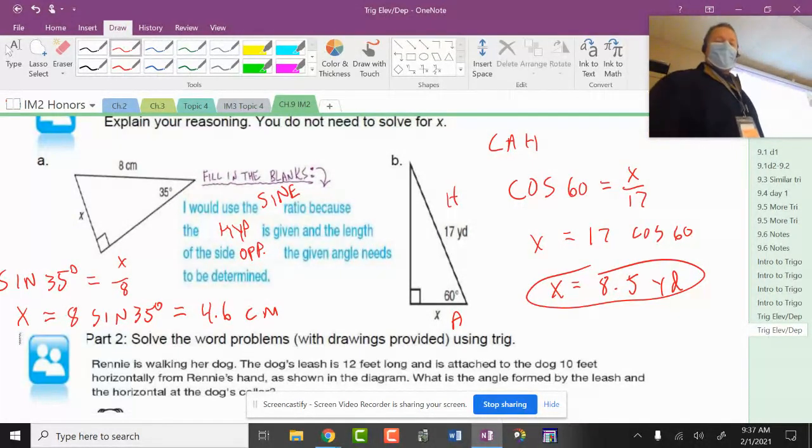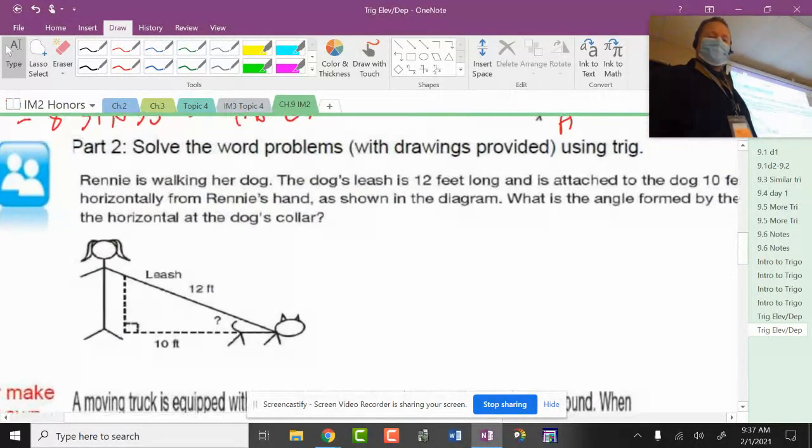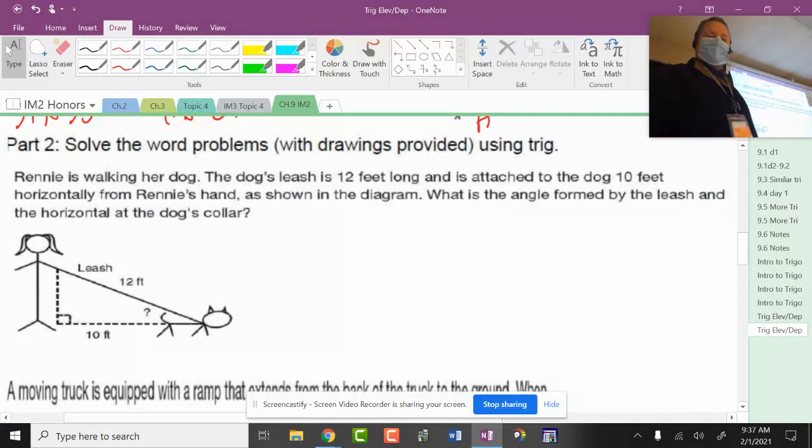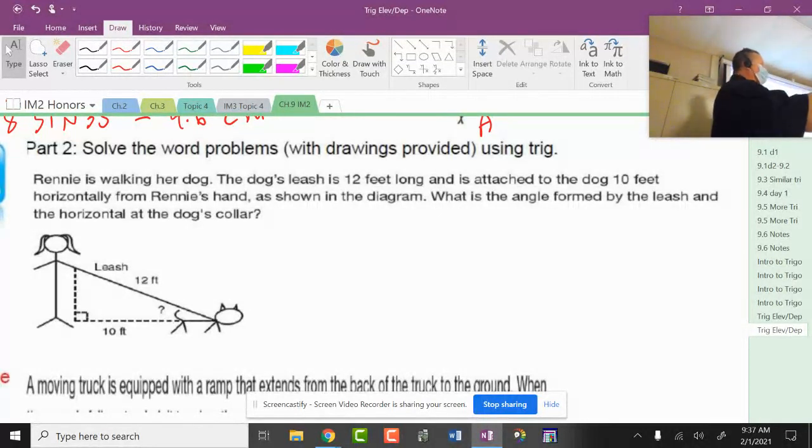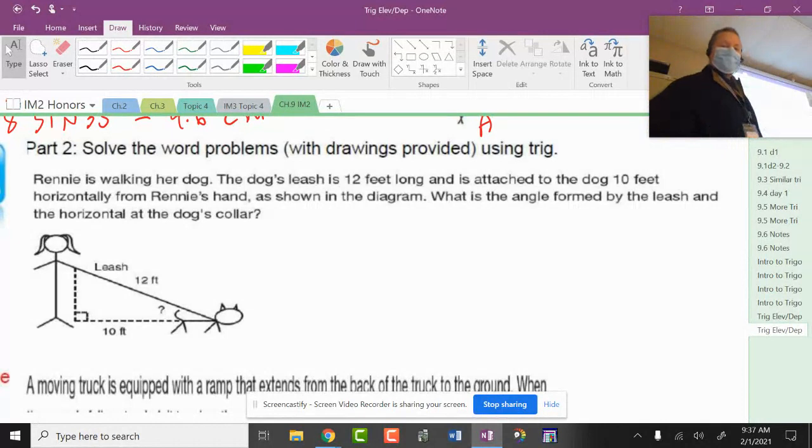All right. Now I'm going to be honest with this one. This one's silly. I should have you raise your hand. How many people did not read the word problem? You don't need to. It's like right there. I mean, I could just look at this. This is why I'm not going to do this on the test. I'm not going to give you a word problem with the drawing given, because you don't even have to read the word problem. I already know I have to find the question mark, and I'm given these two sides. So this is a cosine. And then remember what